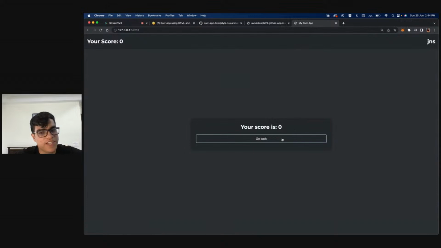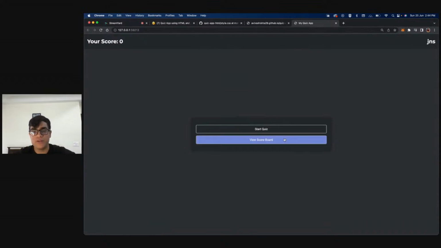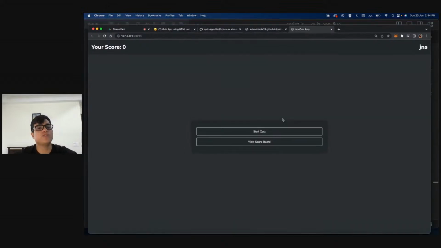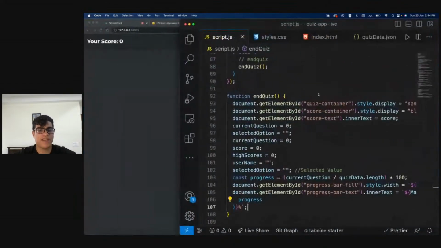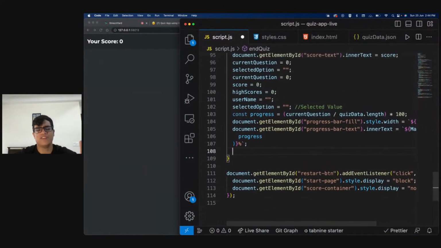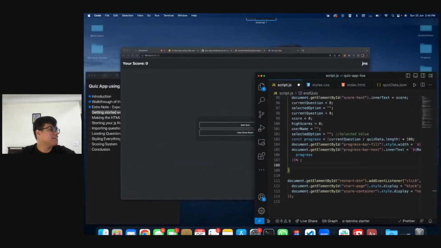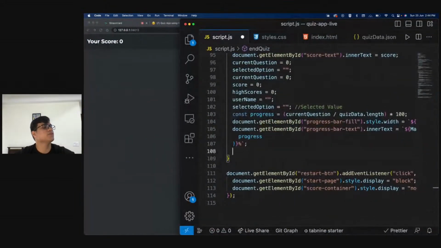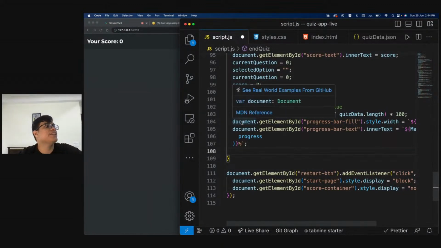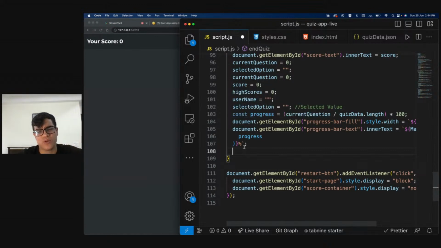So basically, what we need to do is update the score every time the user plays. For this, we'll be using what we call local storage, right? That is also something which is fairly simple. The logic for that is, like I said, fairly simple. You need to store your high score. Technically we're not storing our high scores anymore. All we're storing is a score. So I'll just tell you what you need to do.